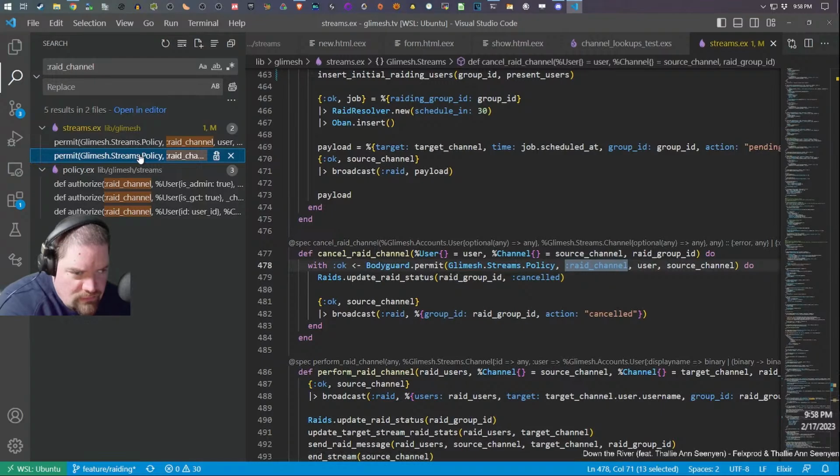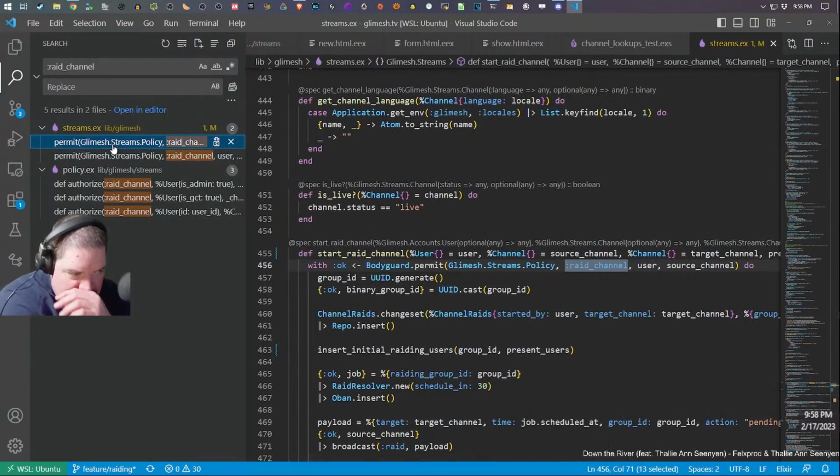Cancel raid channel. These are only two. It should also be making sure the target channel